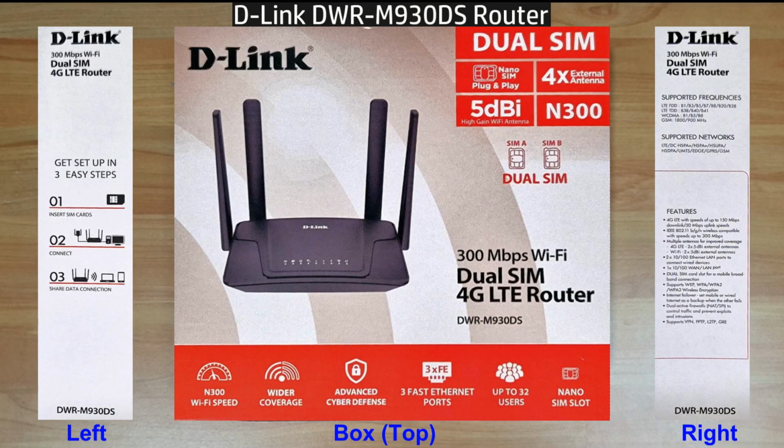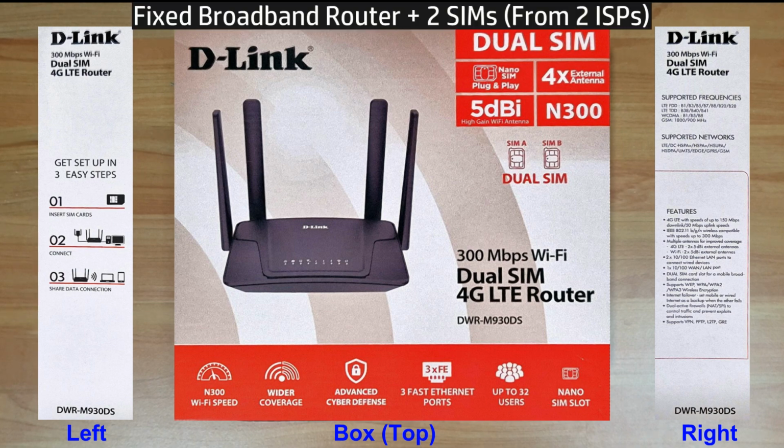This is the D-Link DWR M930DS. The DS here stands for Dual SIM. In addition to being a fixed network broadband router, it supports dual SIM card, meaning that you can actually have